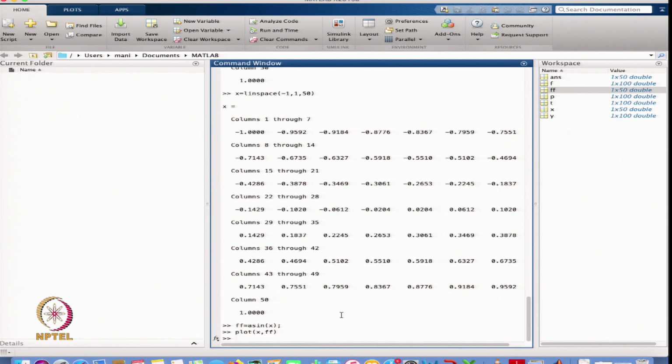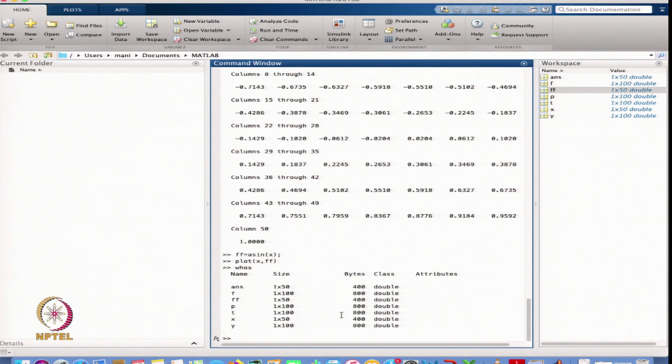Similarly, we can define, suppose I have now ff, and I have two types of functions, one is f, another is ff. Now suppose I want to define a new function.